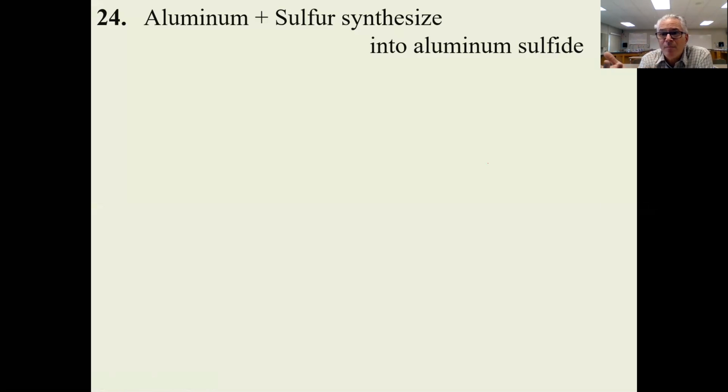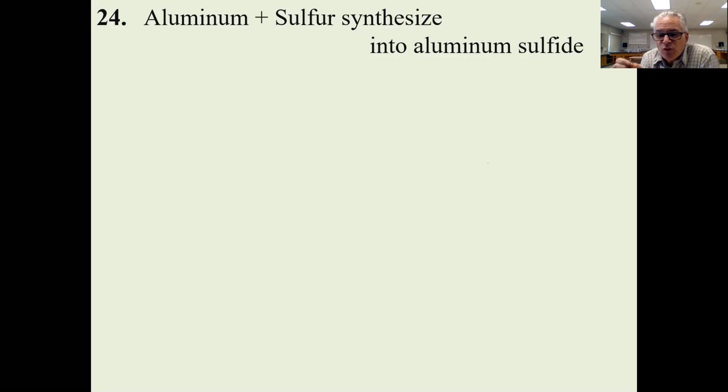Aluminum is Al. It's a metal, Al with a little s. Sulfur is just a nonmetal, S, also a solid. You might not know that, but it's a solid. So aluminum plus sulfur, Al solid plus S solid turn into. Now, aluminum makes a positive 3 ion. Sulfur only makes a negative 2 ion. So the formula for aluminum sulfide is